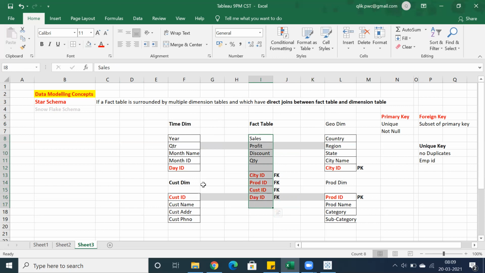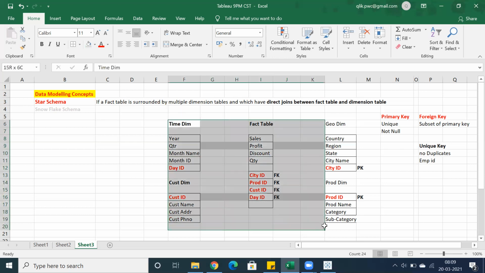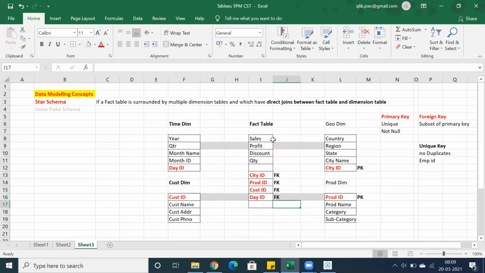So whatever dimension tables we have, we should have direct joins between the dimension tables and the fact table. That is what a star schema is. Surrounded, okay, generally that's a terminology: a fact table is surrounded by multiple dimension tables. That's just a terminology, but the important point is we should have direct joins between the fact table and the dimension table.